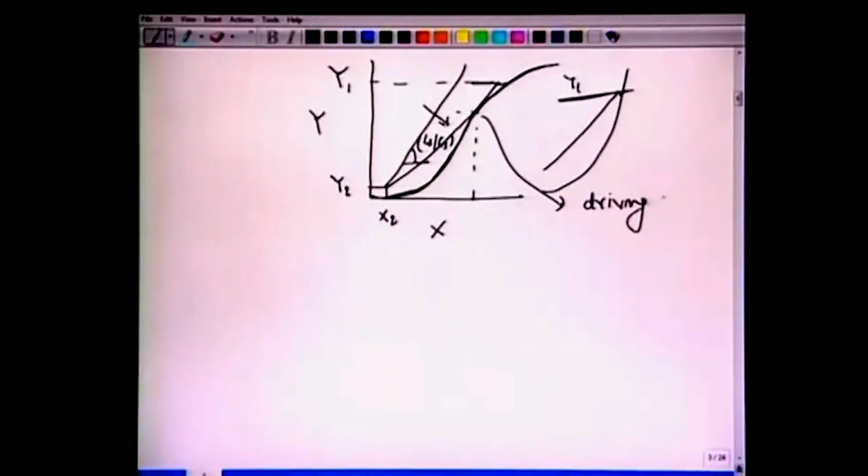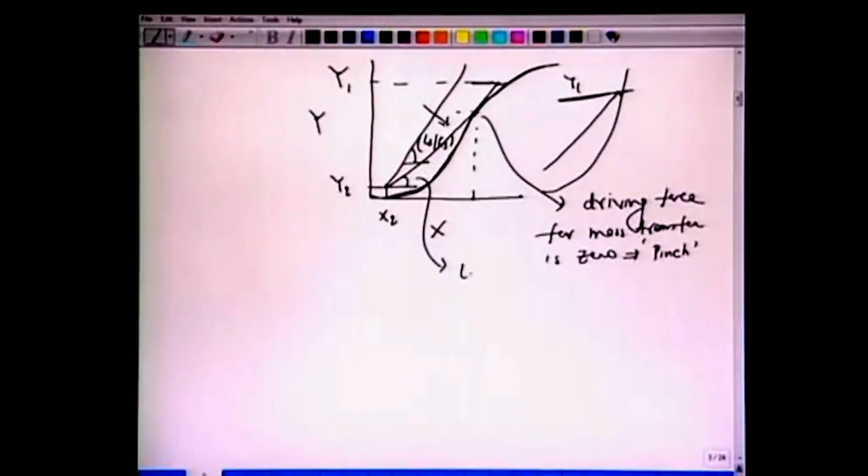Driving force for mass transfer is 0 here. Or what we call this is there is a pinch here. So pinch occurs here rather than here. So in other words, the slope will give us Ls by Gs min,